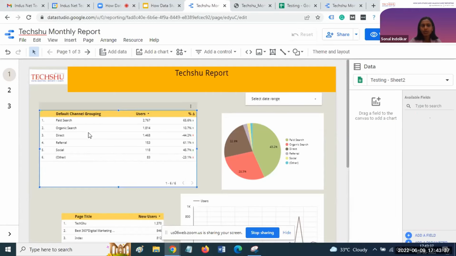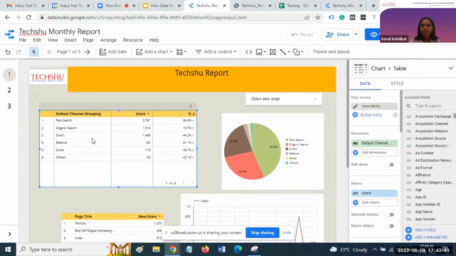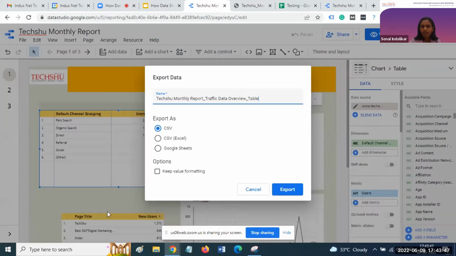When you want to download the data of a particular component, just right click on this particular table. There is an option called export. When we click on export, they ask in which format you want the report: CSV format, Excel format, or Google Sheet format. So for example, I want the report in Google Sheet format and I want the value formatting as it is.